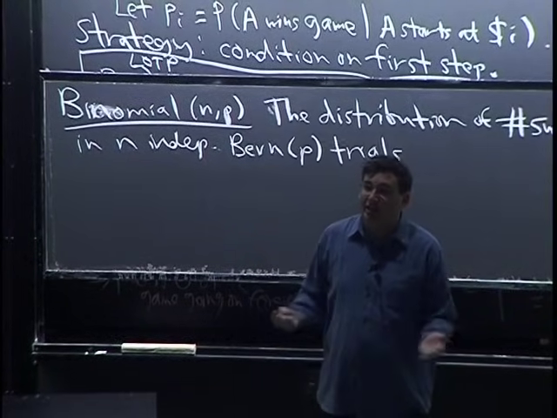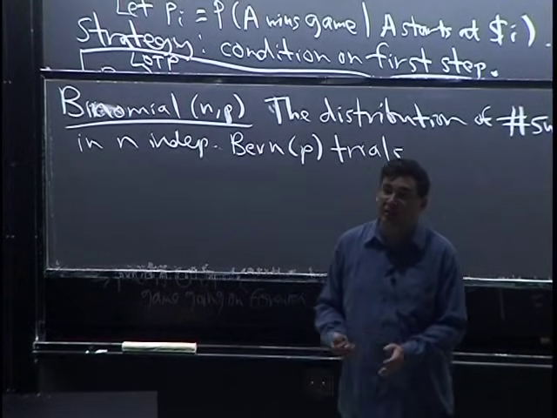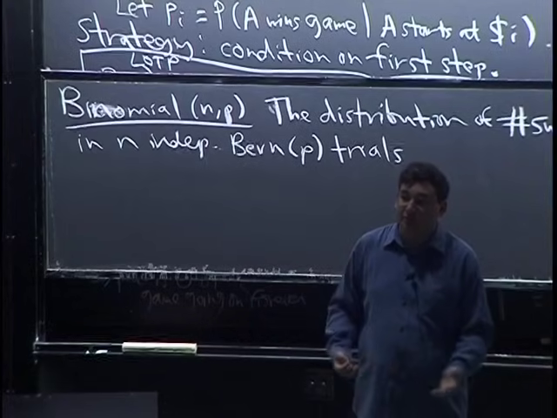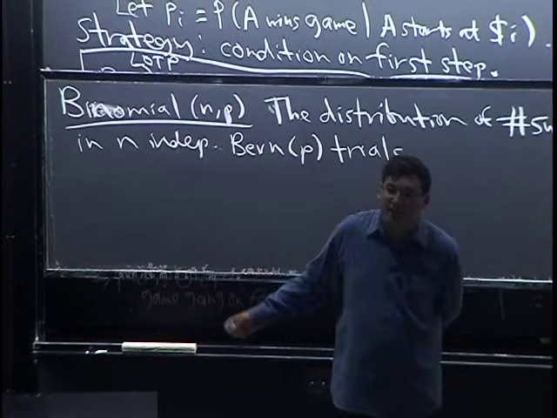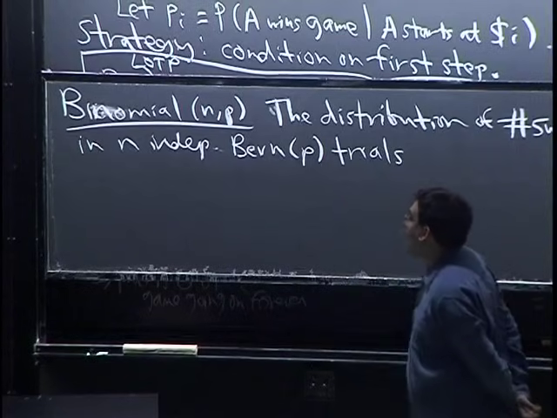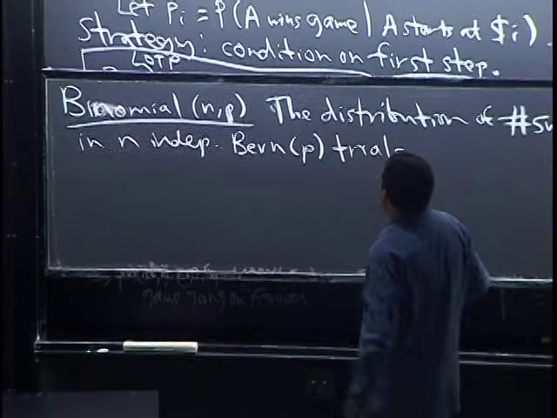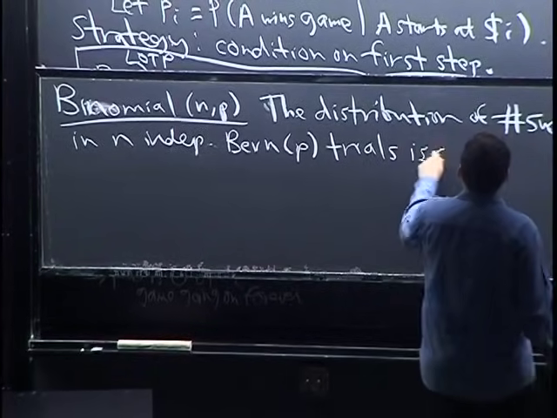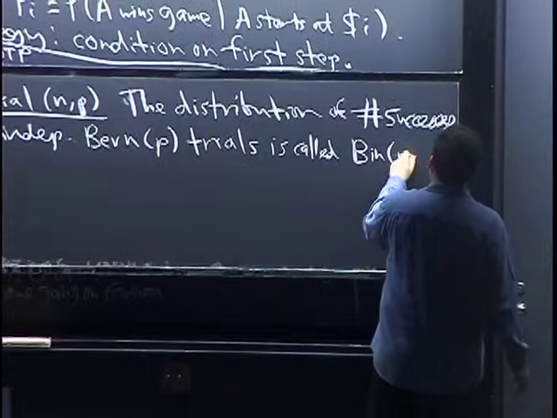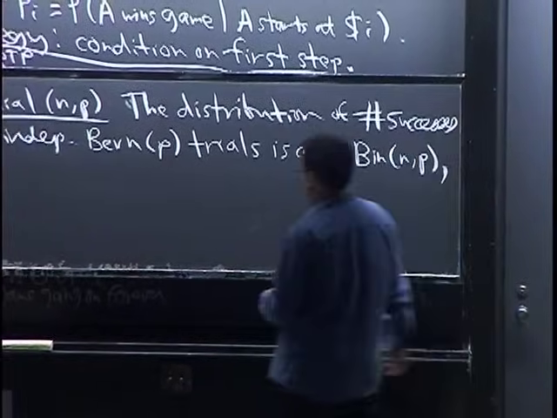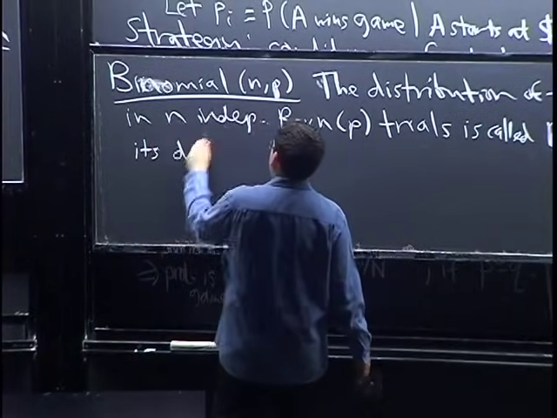Okay, but you can think of any example you want where you have n different trials independently, and each one either it's success or failure, not both. Okay, so those are called Bernoulli trials. You can think of lots and lots of examples where that would apply. The distribution of the number of successes in n independent Bernoulli trials is called the binomial n, p. And its distribution is given by,